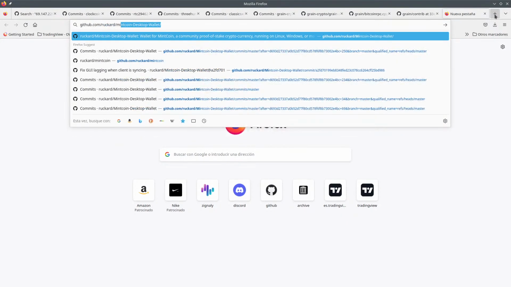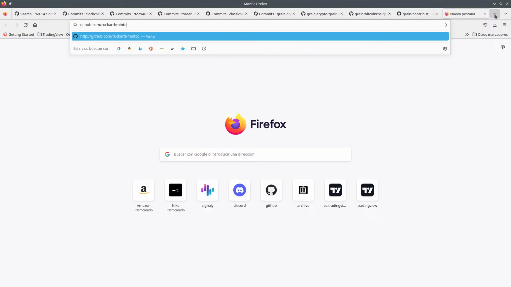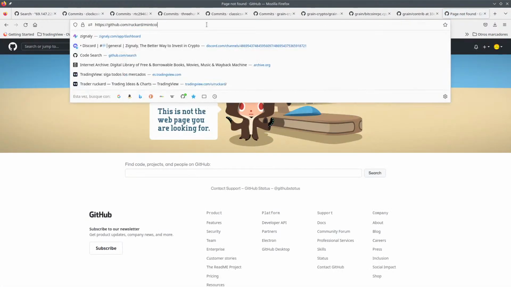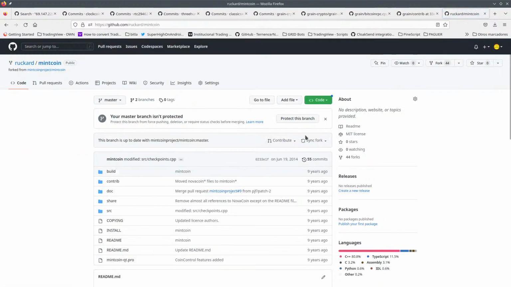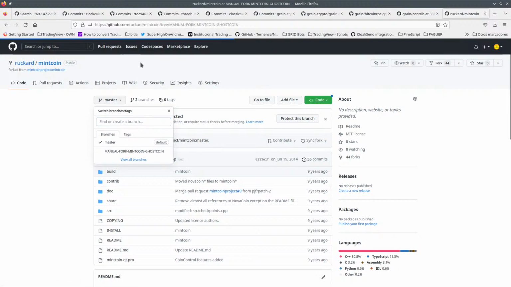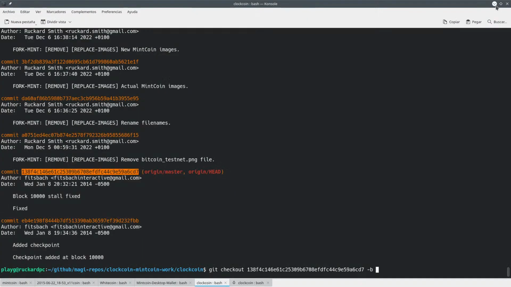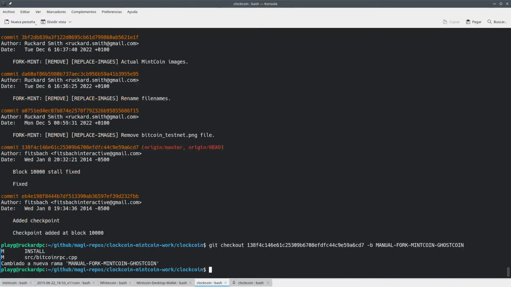So mint coin, yeah, this one. Mint coin should have this. Okay, so now Clockcoin should have this fork here, and what you want to do is to remove